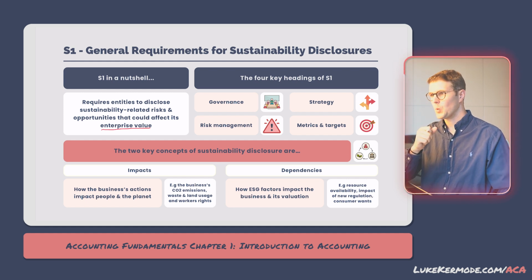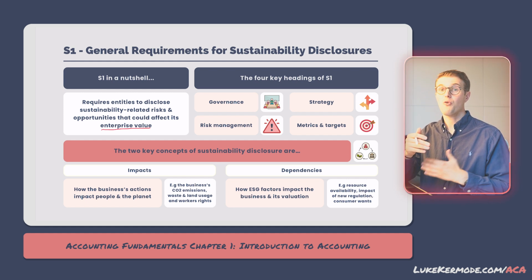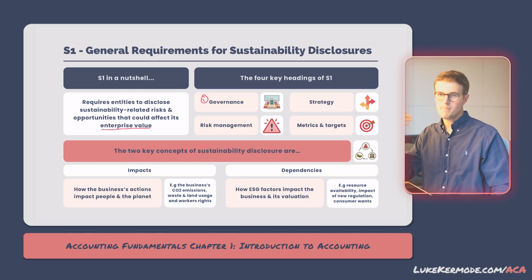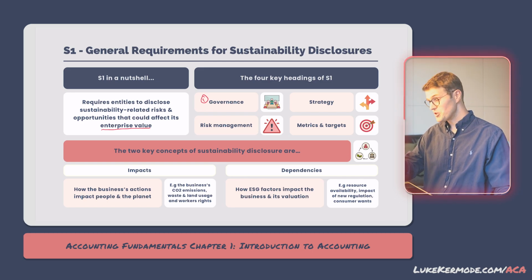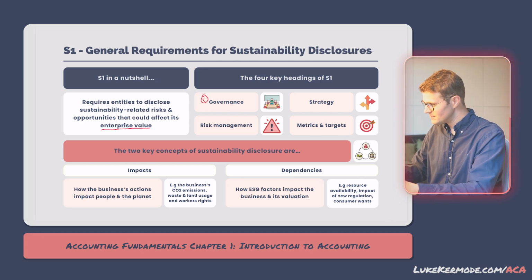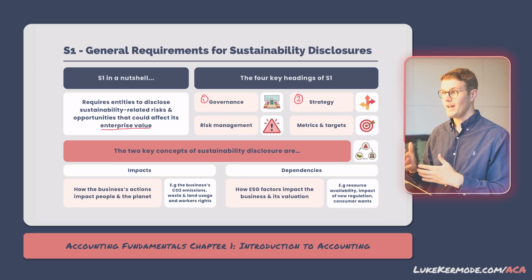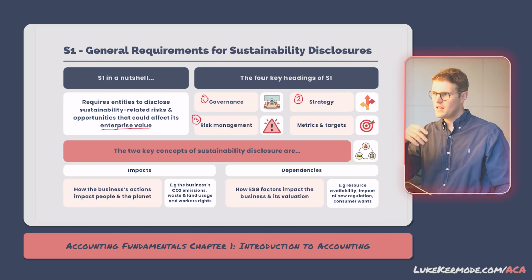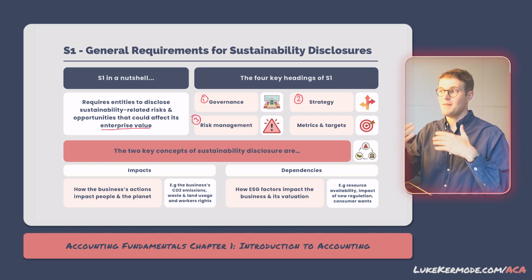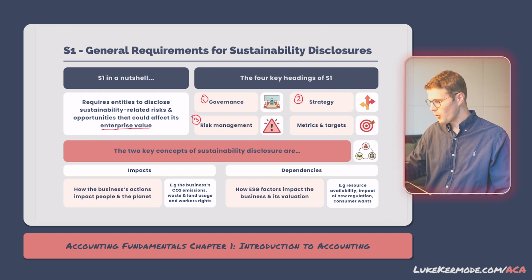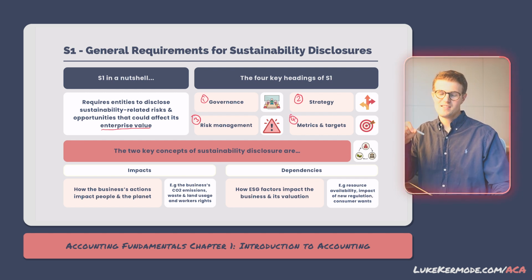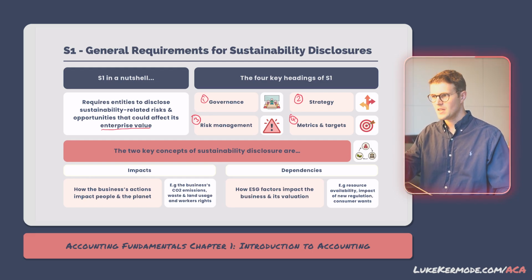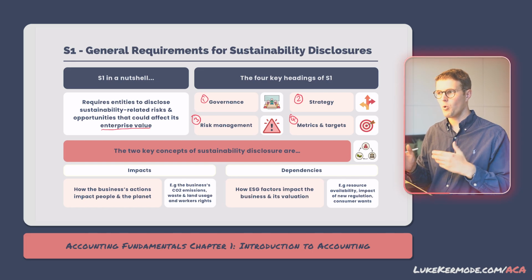So, IFRS Standard 1 structures these disclosures around 4 key headings: governance, how the organisation's board and management oversees ESG risks and opportunities; strategy, how these risks and opportunities are integrated into the company's strategic planning; risk management, the processes used to identify, assess and manage sustainability risks; and fourth and finally, metrics and targets, the KPIs the company uses to monitor and manage its ESG targets. IFRS Standard 1 also asks companies to report on impacts